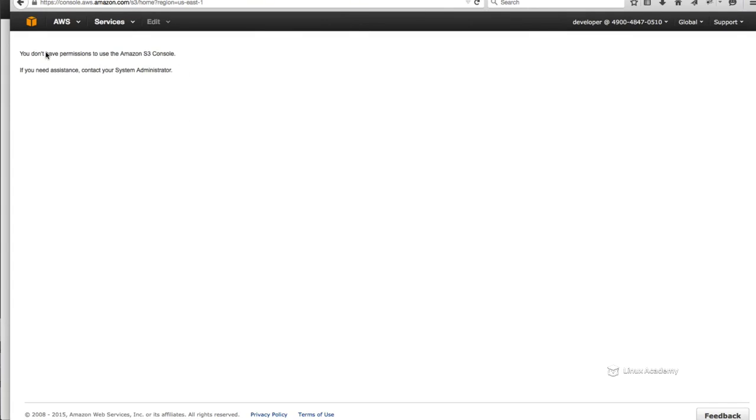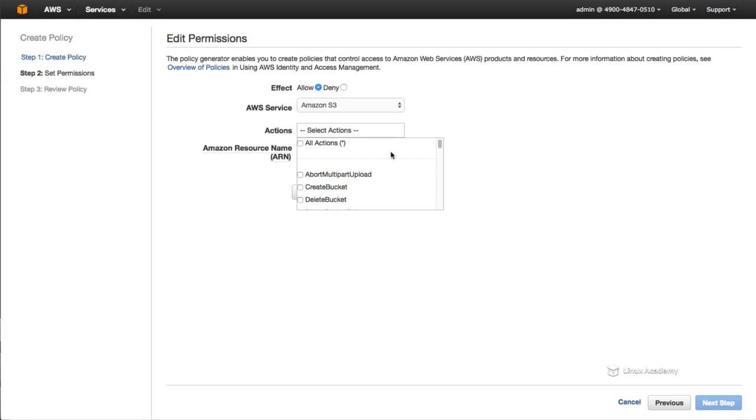So we need to be able to list the buckets if we're using the console. Then we need to have permissions on the bucket that we want. Because even if we have permissions on the proper bucket, unless we can list all of the buckets, we're not going to be able to even access our bucket through the console. So again, if we were using the command line tools, we could just manually specify the bucket that we're uploading to, for example. So the first thing that we want to do is browse down and we're going to list